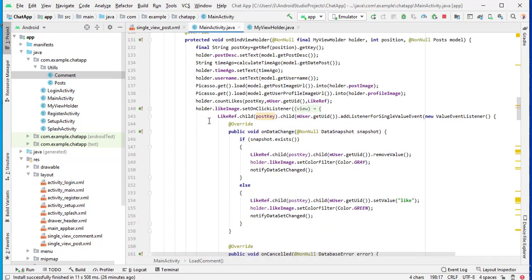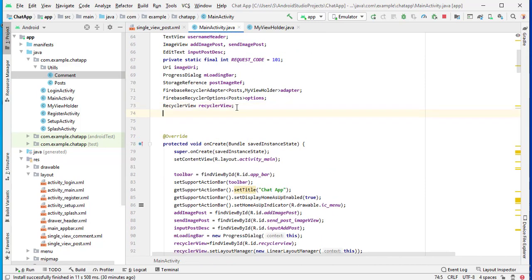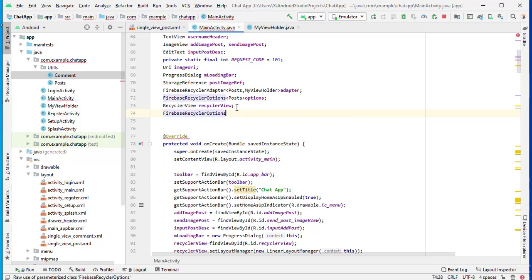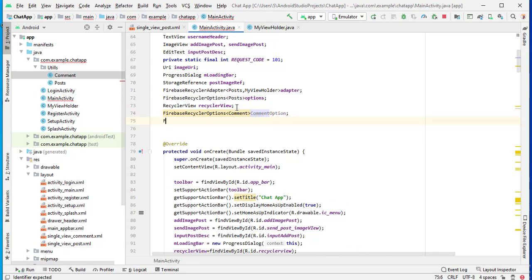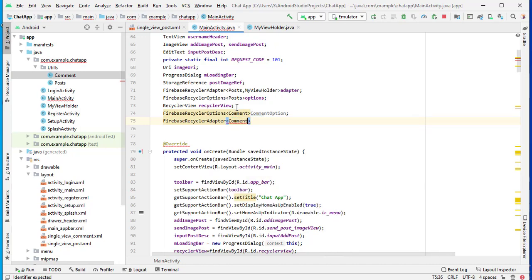Now we need to create Firebase recycler view. So now here we will create Firebase recycler option, and here we need to pass comment, and call it comment option. Okay, now Firebase recycler adapter, and first parameter is our comment, that is our class, and second parameter is our view holder.